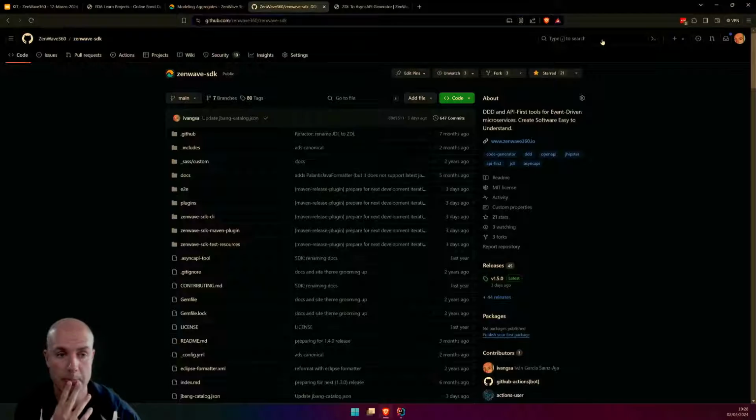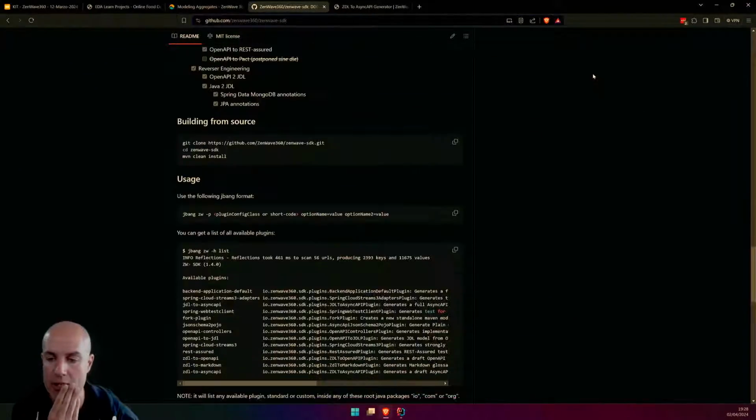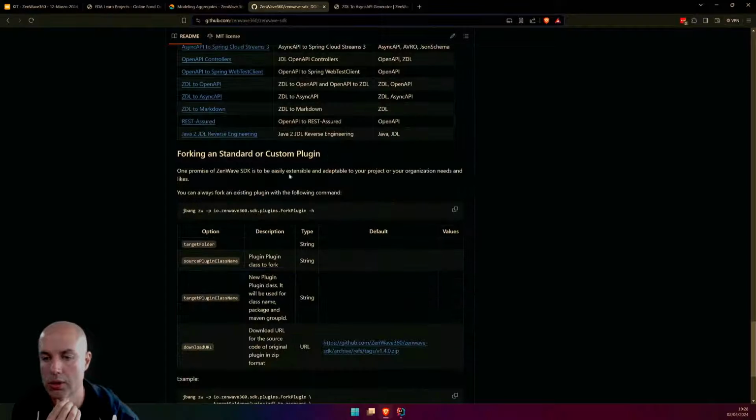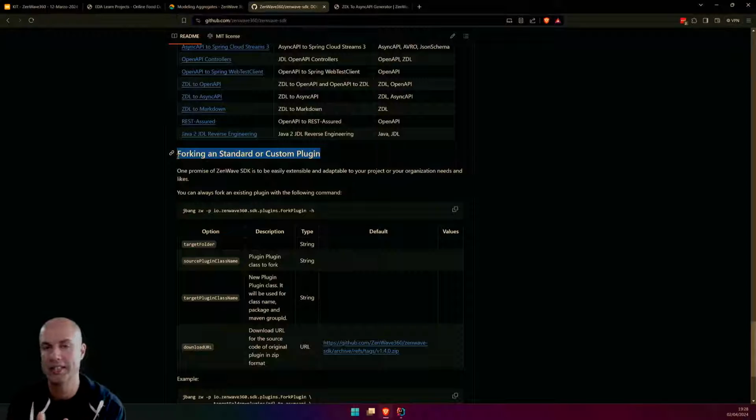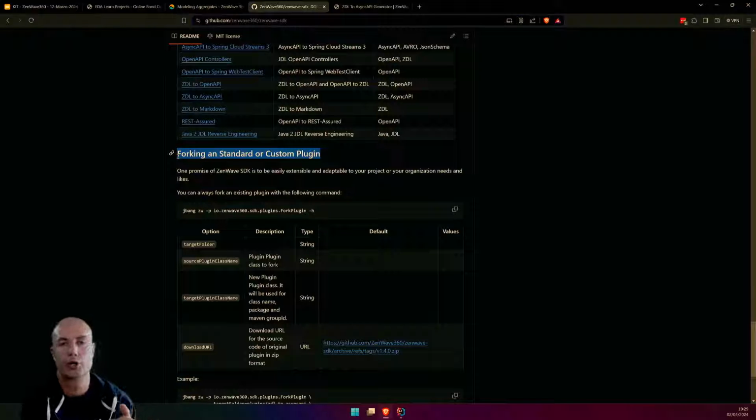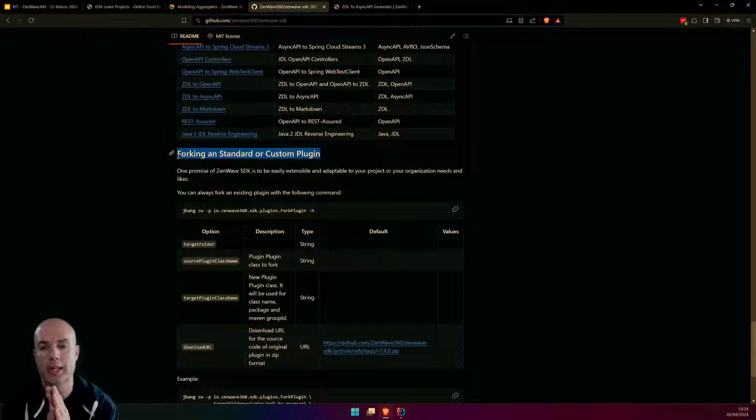This is open source, by the way, and you have here a way to fork a custom plugin, to fork a standard plugin and create your own custom implementations, because sometimes in your organization, you maybe are not using exactly Spring Data, or because you have a different starter or a different library or some custom annotations that you want to use, so you can create your own custom plugins.